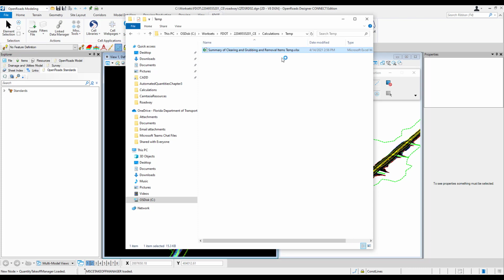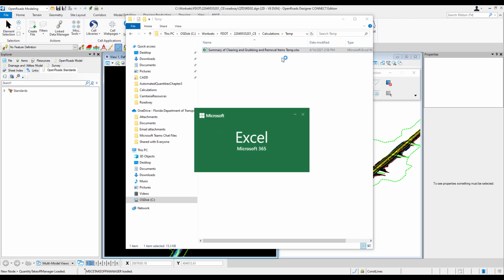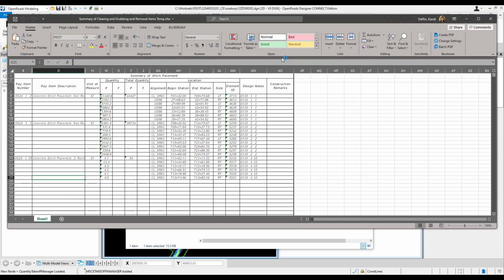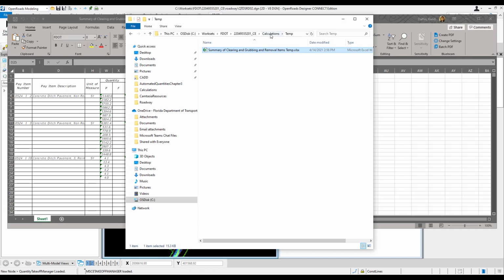Now we can open both the Summary of Clearing and Grubbing and Removal Items, the template we created in Exercise 3.2, as well as the temporary file we just created.